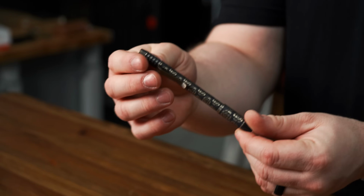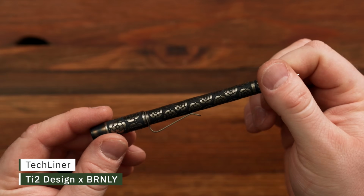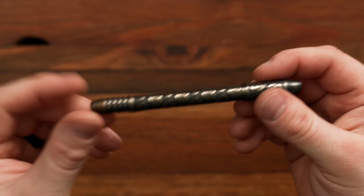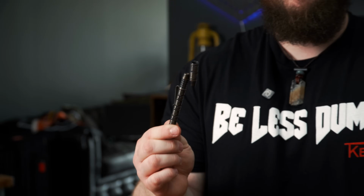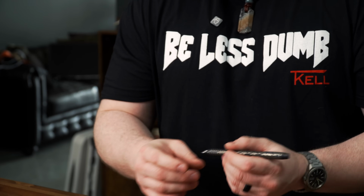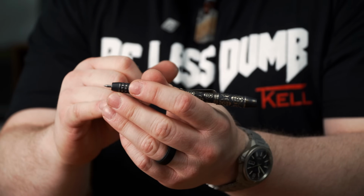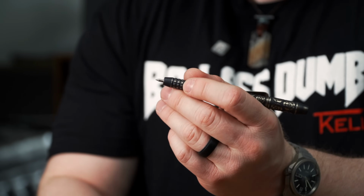So there's that. And then we have this. This is a Tie 2 Designs tie scribe collaboration with Lucas Burnley with his little flower logo. Pretty sick. Mike Bond's a cool guy. Luke Burnley is a really cool guy. And now I have a pen. I love these tie scribes. If you've never had one, they're extremely fidgety because they're all magnetic. But this right here, there's a lot of different ways you can kind of tinker and play with this thing. But if you're not familiar with these, one of the reasons it's called the tie scribe, and the reason it doesn't have this tip that goes all the way down to the tip of the refill is so...